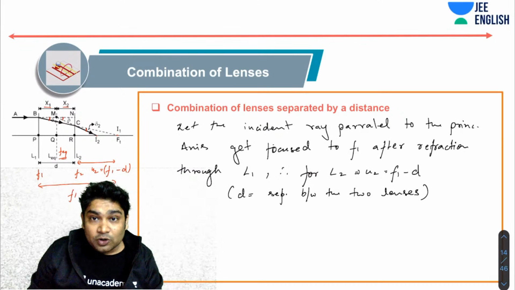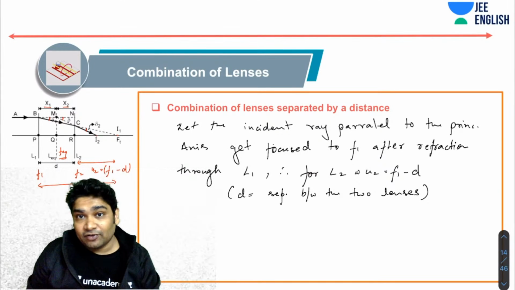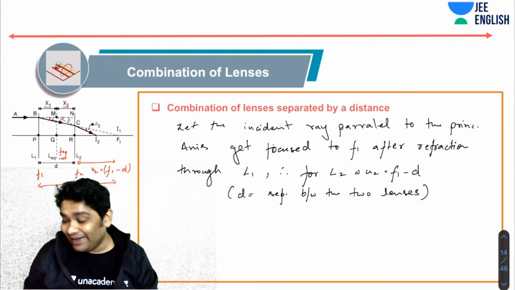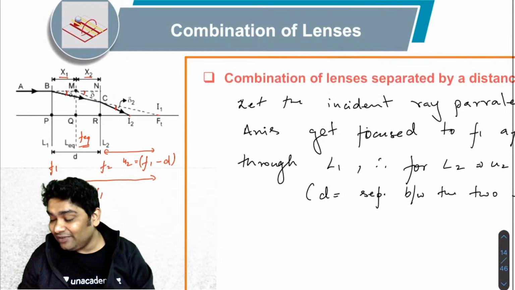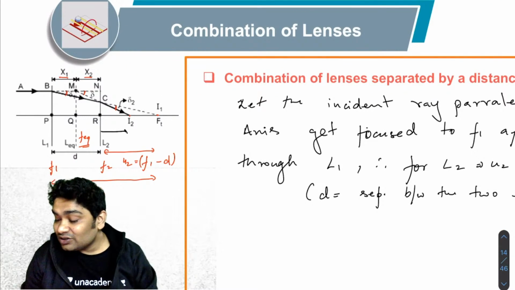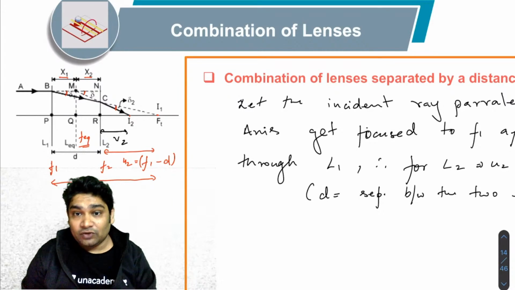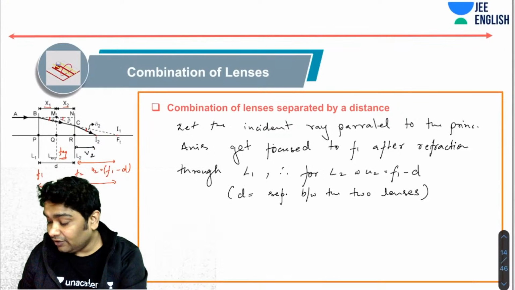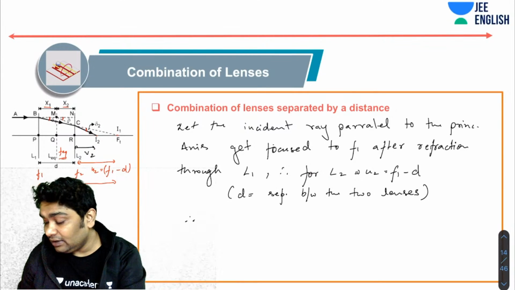Okay, I hope so far there is no confusion and everybody is following what we are trying to say. Now my aim is to find the final position of the image. So let's call this one V2. I eventually want to find V2. Therefore, what I can say is, applying the lens formula